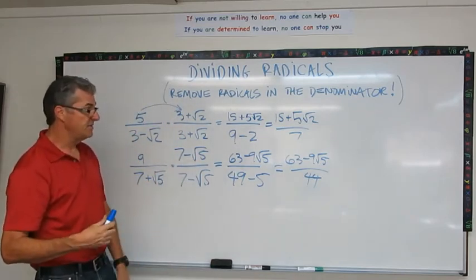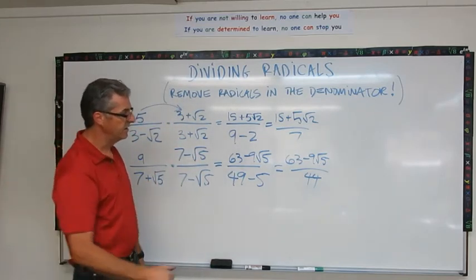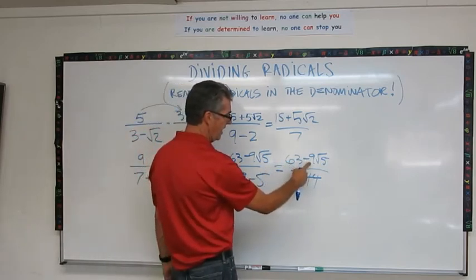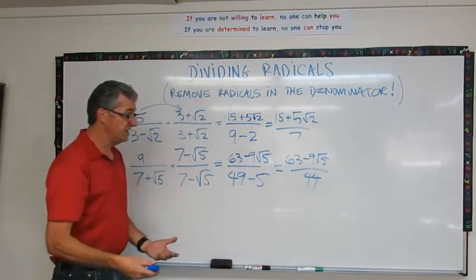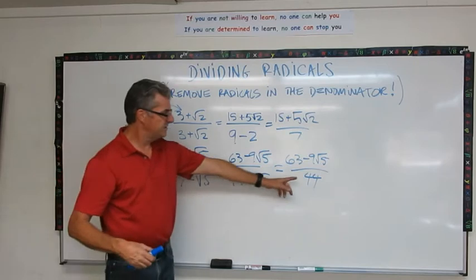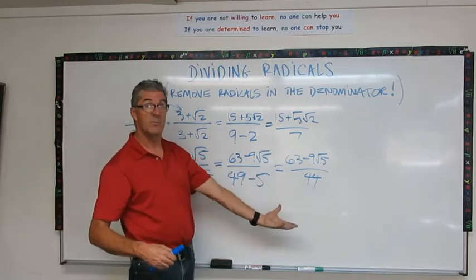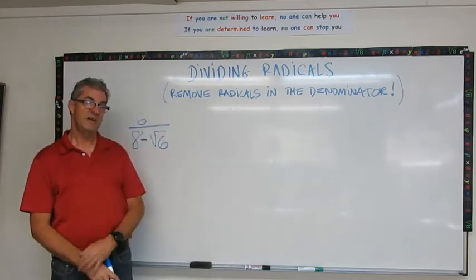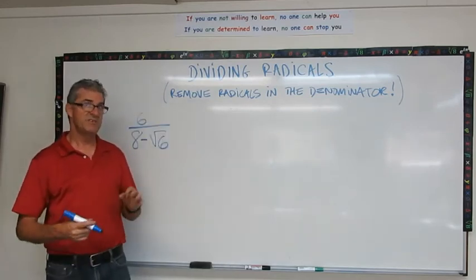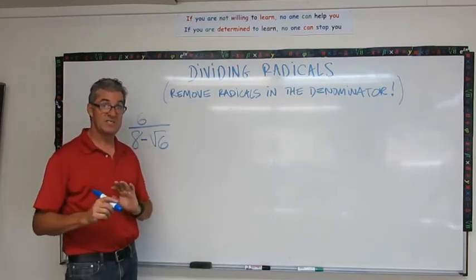Now take a look again. Are there any common factors that we can cancel here? 63, 9, and 44. And unfortunately, there aren't. So this is even another ugly answer. Maybe even more ugly than that because the numbers are bigger. Okay, one last example. This one is going to end up with perhaps a little bit more of a satisfying